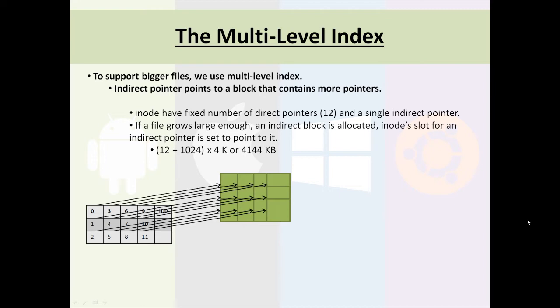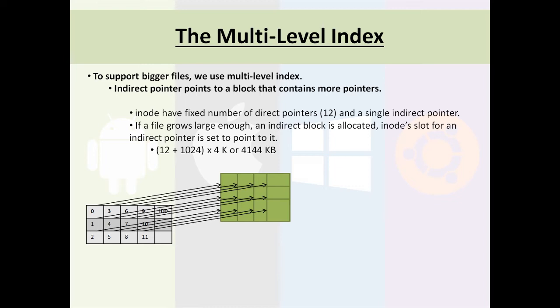Now, one common idea is to have a special pointer known as an indirect pointer. Instead of pointing to a block that contains user data, it points to a block that contains more pointers. In general, an inode points us to a block that stores data pertaining to a specific file. But what if we had an inode that points to another pointer that points to a block of